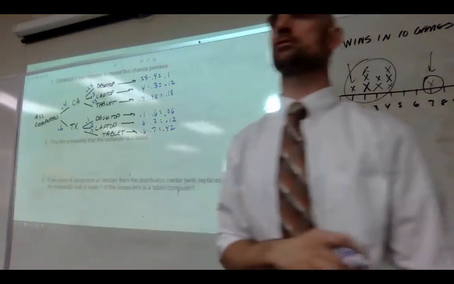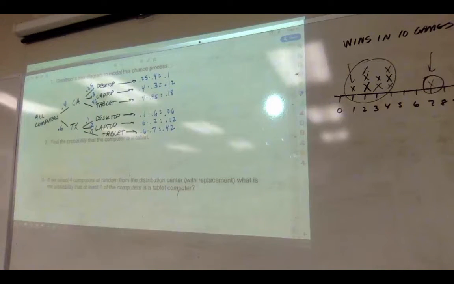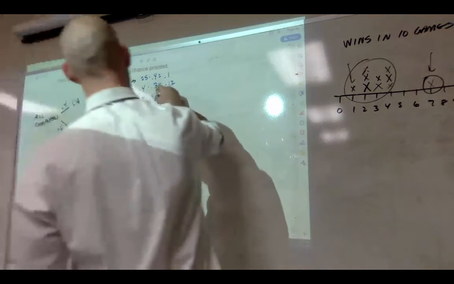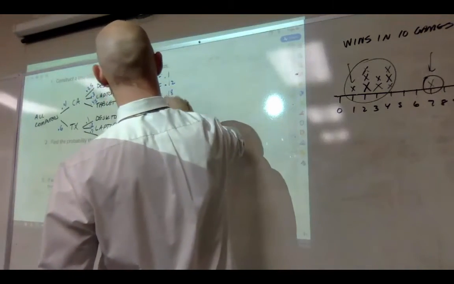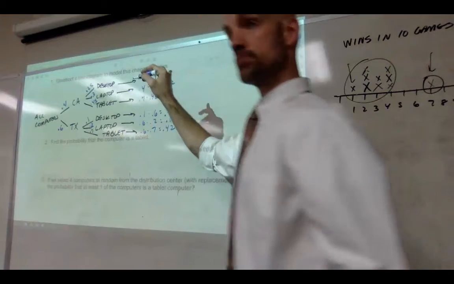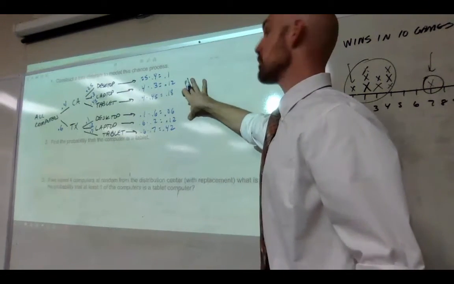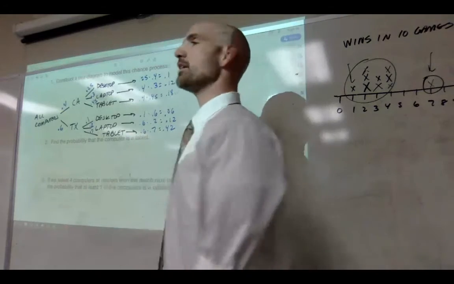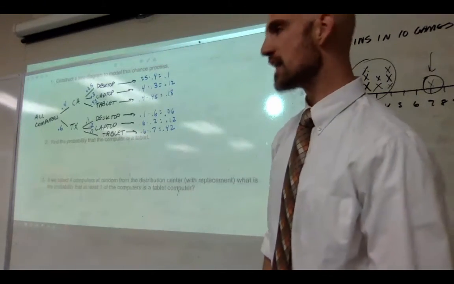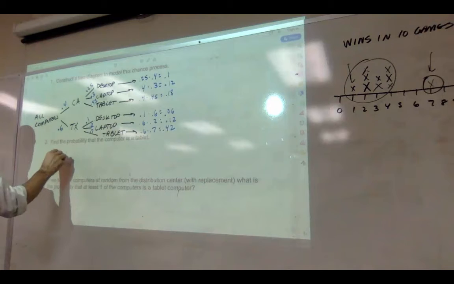What is the greatest likelihood? Like what is the thing that's the most probable out of anything? Having a tablet from Texas. Do all of those add up to 1? Check your math. Does everything add up to 1? So this was 0.4 and this is 0.6. So 0.6 plus 0.4 equals 1. You have a total of 1. Every possible outcome represented. So now find the probability that the computer is a tablet, which would mean the probability